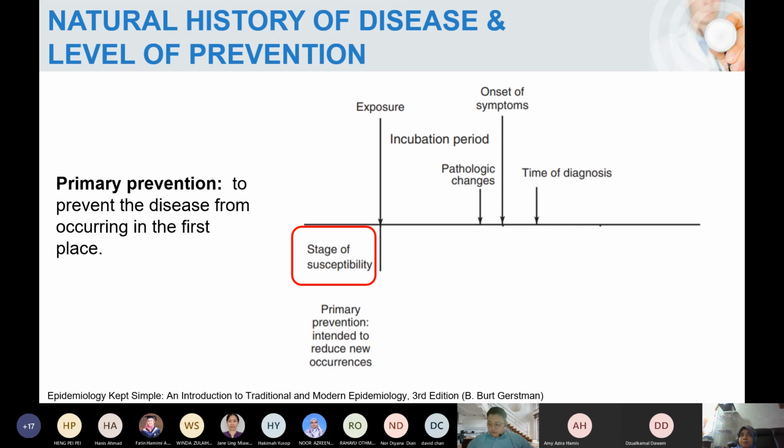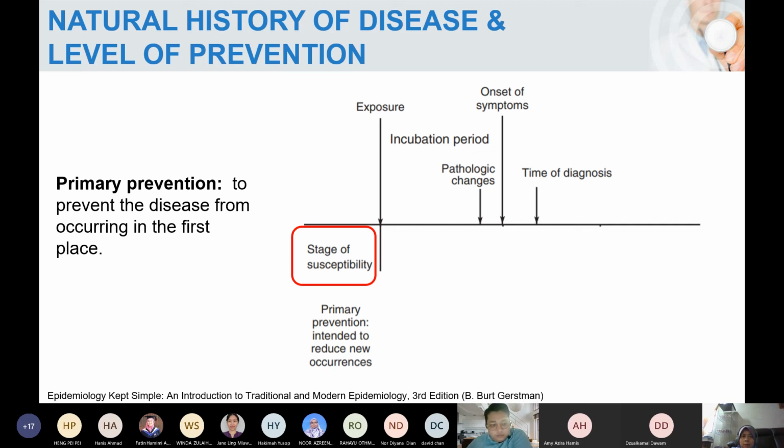Don't answer without structure. Okay, you must have structure. Okay, primary prevention targets the susceptible stage. The keywords are intended to reduce new occurrence. So what are examples? Health education. Health education and promotion apply to all stages, throughout. But basically vaccination, wearing a helmet, wearing a seat belt, all of those reduce new occurrence.